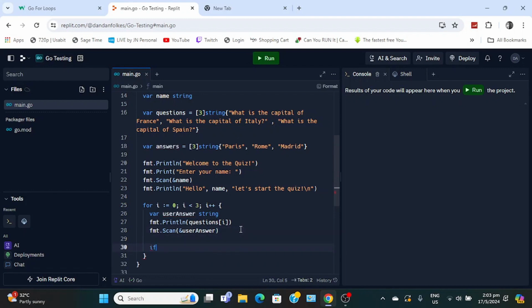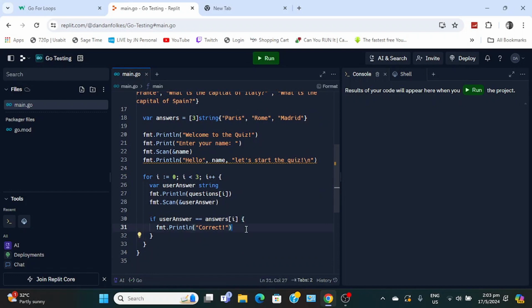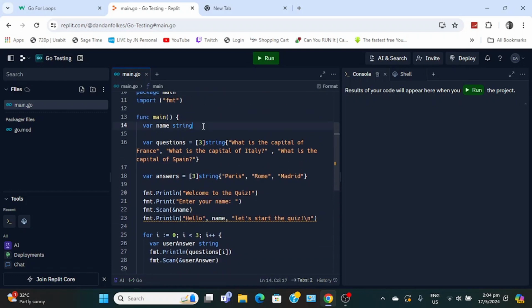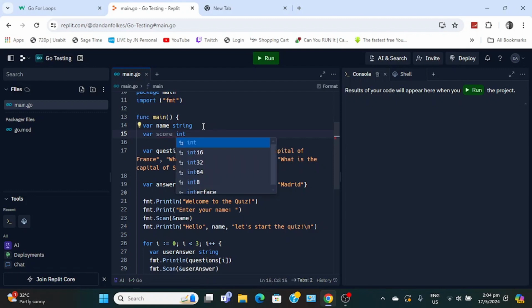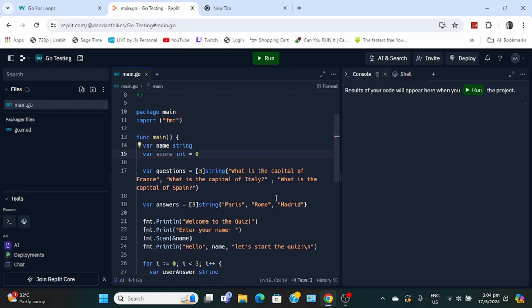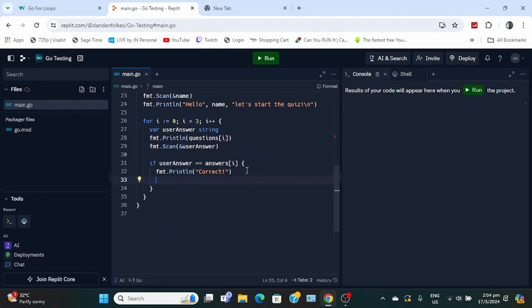And then if user answer equals answers i, correct, and then we have your name, score int equal 0, then score plus equal 1, else incorrect.